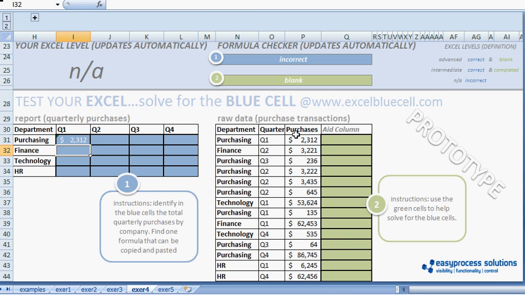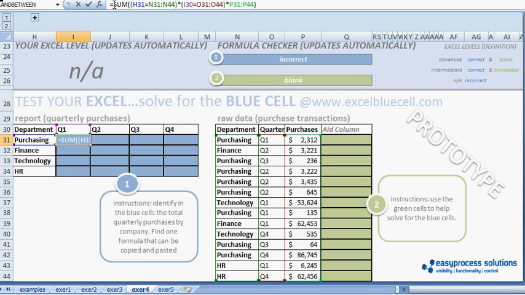The reason we get 2312 and not the correct answer, which we got when we first attempted it using the SUMIF function, is because the array function is not activated. And if the array function is not activated, you will only find the first instance of purchasing quarter one, which is 2312. To activate the array function, you want to put the cursor in the function screen, and you want